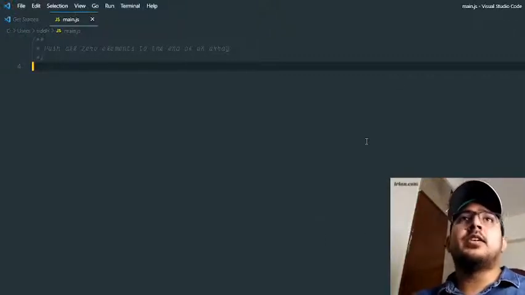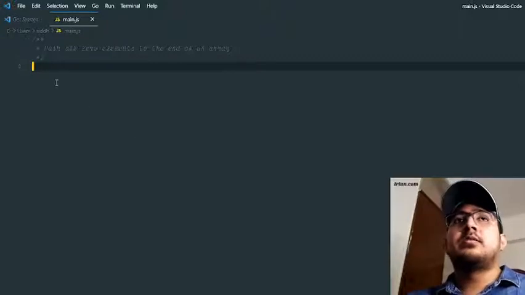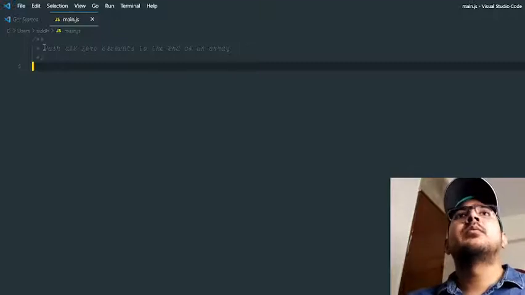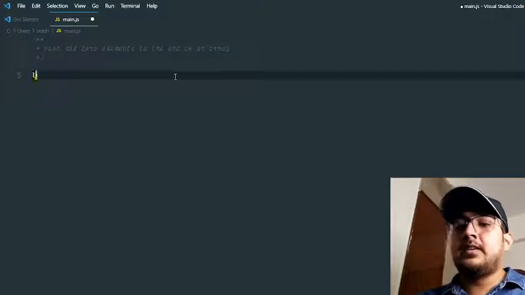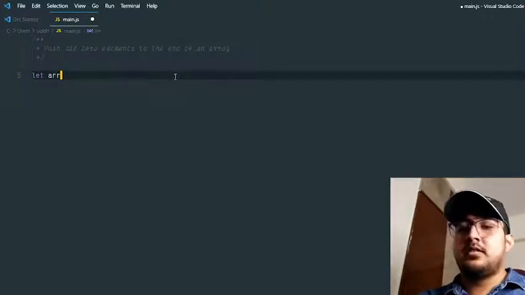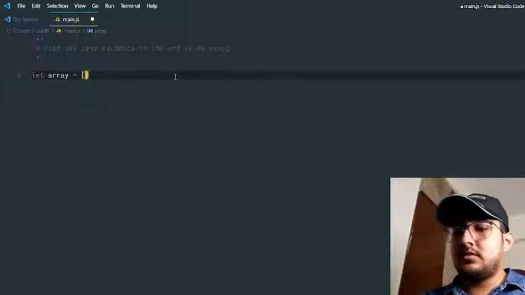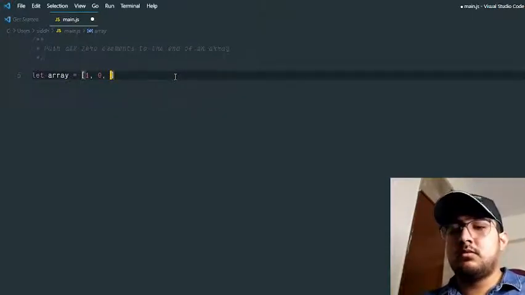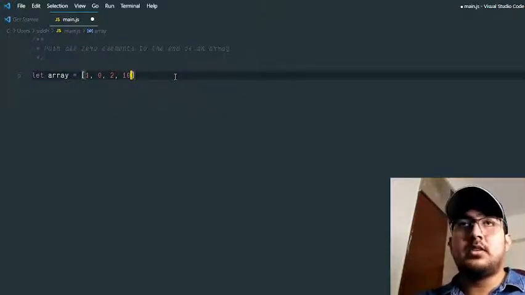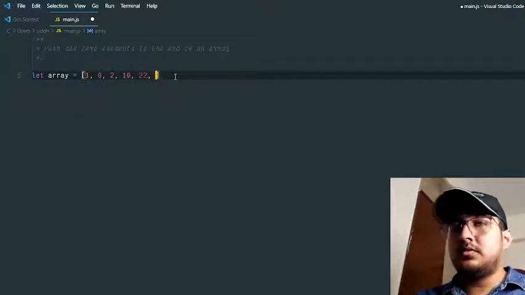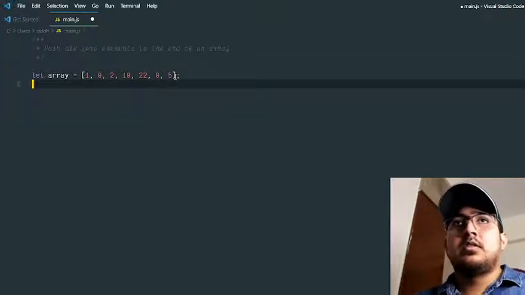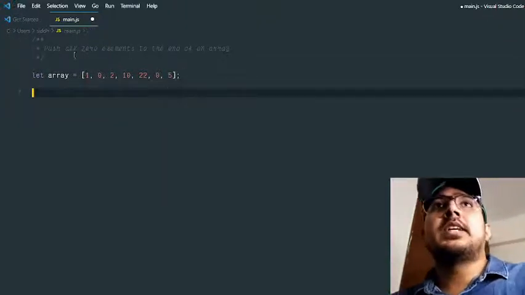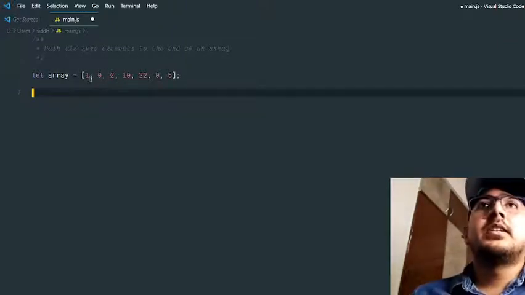So let's solve this algorithm. I'll be doing this algorithm in JavaScript, and the problem statement is: push all the zero elements to the end of an array. So let's say we have an array with the elements 1, 0, 2, 10, 22, 0 and 5. What the problem is saying is that you have an array,